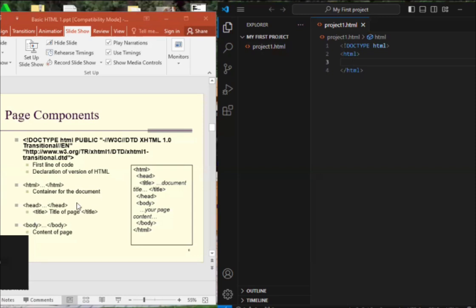The next thing that we're going to have is the head, and in the head, we're going to have what we call the title. As I said, the title is that thing that will display on your project when it is open in the browser. So let's say our title is my first project. Now, after the head, we're going to have what we call the body, which is going to contain our